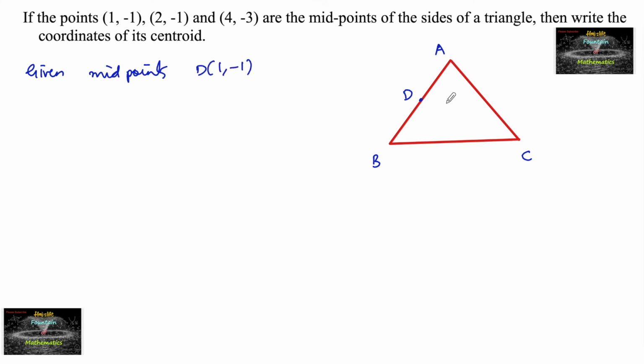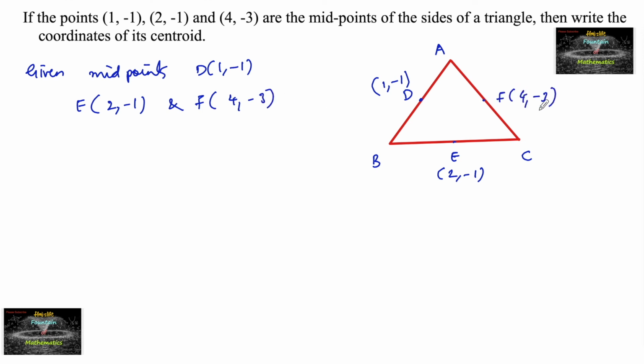D is 1 comma minus 1, and E is 2 comma minus 1, and F is 4 comma minus 3, of triangle ABC. So let us consider this triangle ABC. And now the lines joining the midpoints is again a triangle. And the centroid